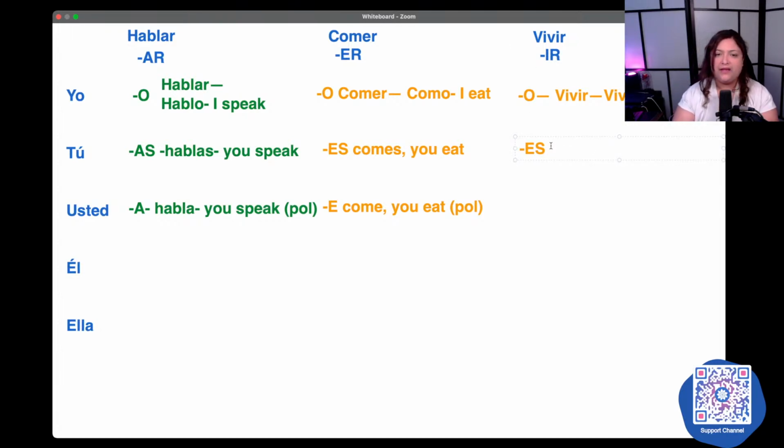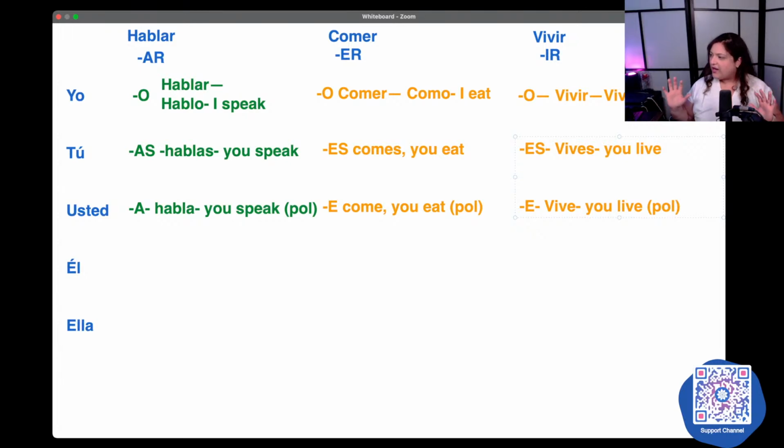Then we have vivir. So we're dropping the IR. And here I'll have vives, which means you live informally. Or vive, which means you live politely.